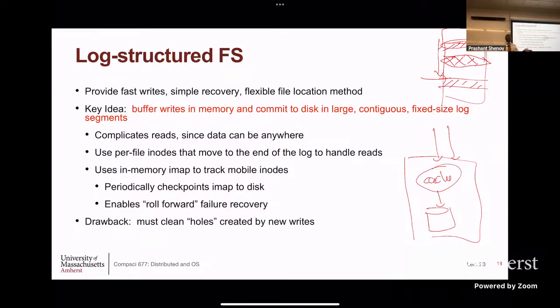That overhead does not exist in any other file system. You don't actually do any garbage collection or defragmentation by default because you can write to random locations. So long as there is free space, you can write anywhere. But in this case, we cannot write anywhere. We want to write sequentially. You want sequential chunks that are free. So you got to defragment every once in a while. That introduces overhead. So this is why log structured file systems, they're a very good idea, but because of these problems of having holes in the middle that you have to defragment,